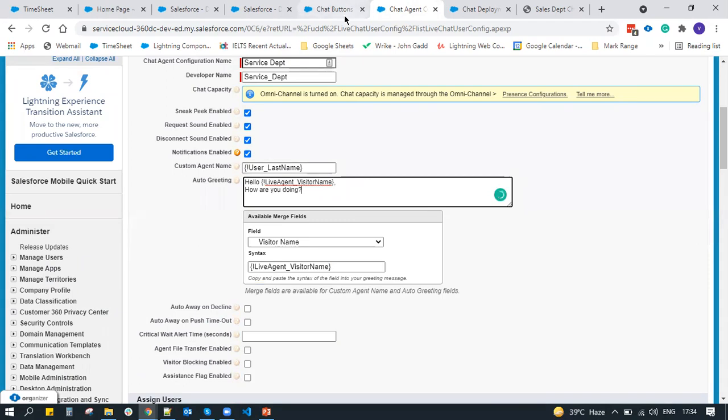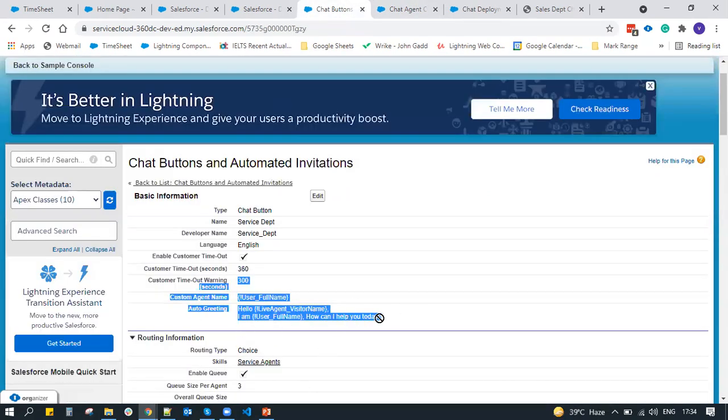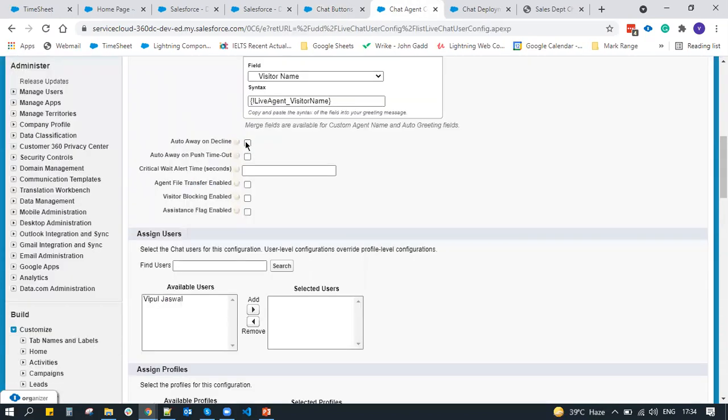Here we have added how are you doing, whereas in there we have added I am, how can I help you today? Okay, so after that, auto away on decline. As soon as any agent rejects a chat, their status will be changed to away, or you can say offline will be set as their availability status. Auto away on push timeout. If any agent has not accepted a chat within some moment of time, you have to set the time, then their status will be changed. So these are the simple settings that you can set up as per your requirement.